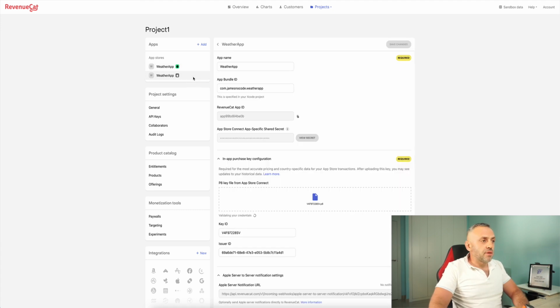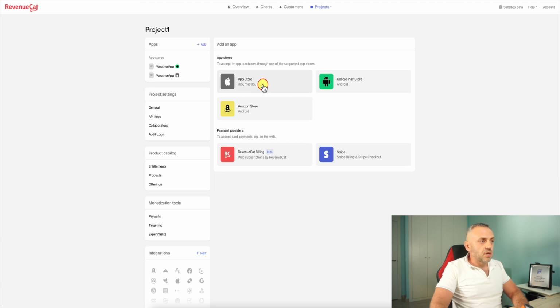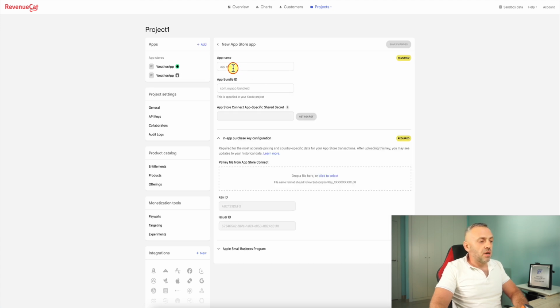So if we click over here, you can see that this is my setup for this app here, okay? And all of this, you can simply click here, and you can click here, App Store, and you can simply set it up, okay? So you can give the app the name, bundle ID. This is very, very important, okay? We've never talked about bundle IDs before,